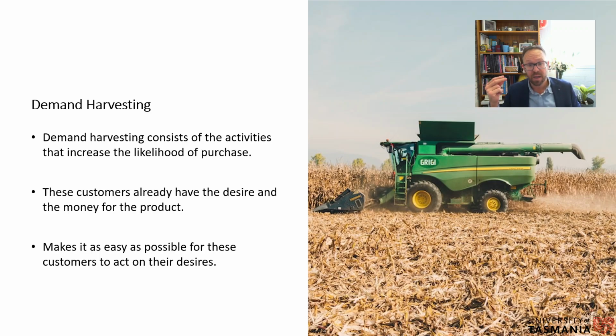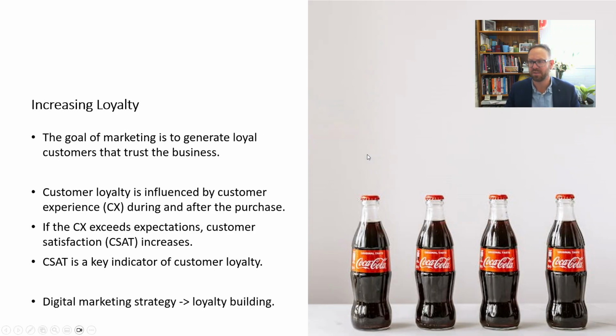So you have the money. The bank manager is going to give you the money, and you have the desire. You know that you need a new car, but it's just not happening because life gets in the way. So in situations like that, marketing people go, well, hang on, come talk to us about finance. We can help you with finance, and we've got a really good deal at the moment for the car. It's only going to take you 1 hour. Come in here, test drive it, whatever. So really, what they're trying to do is harvest the people that are at that stage in the consumer decision-making process.